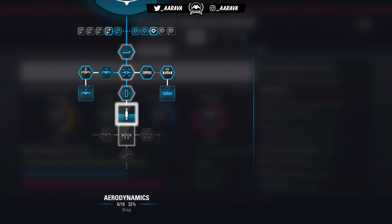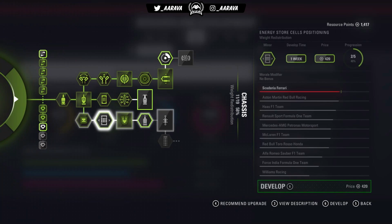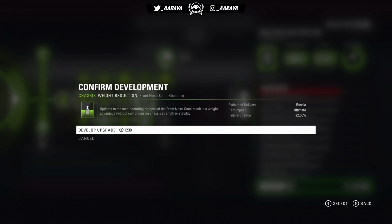And then when it comes to the chassis side of things, I didn't want to spend all my points here, but I'm going to have to for the sake of my performance, and we're going to spend it on the ultimate chassis weight reduction. So we're going to be by far the best chassis on the grid once this update comes in for the Russian Grand Prix. But you may have noticed I was saving a fair few R&D points, because remember, the